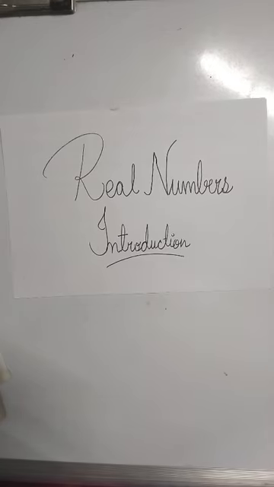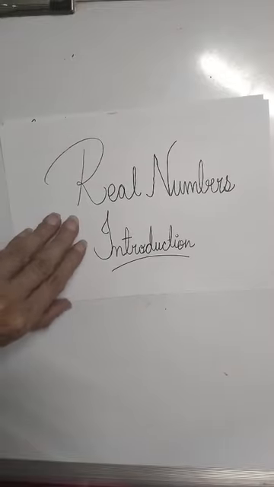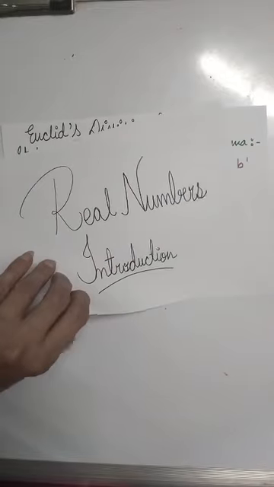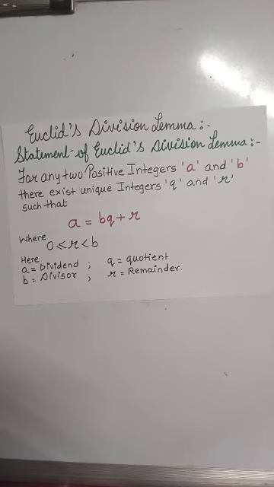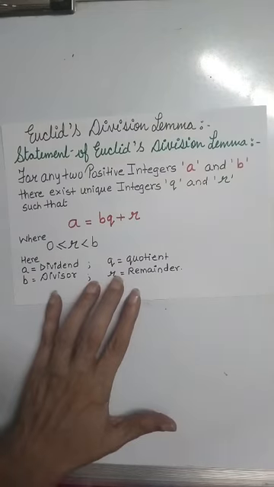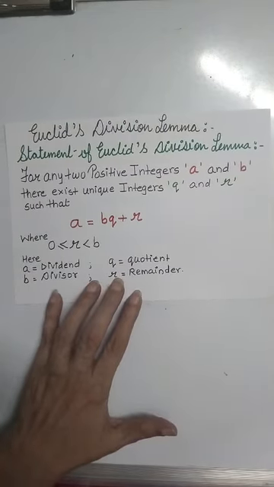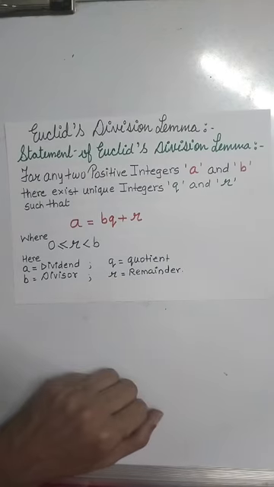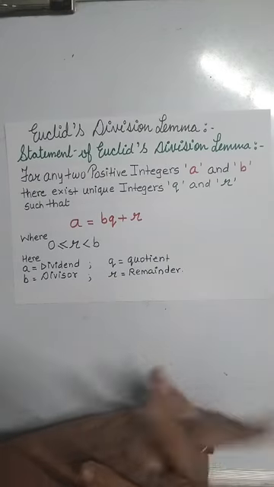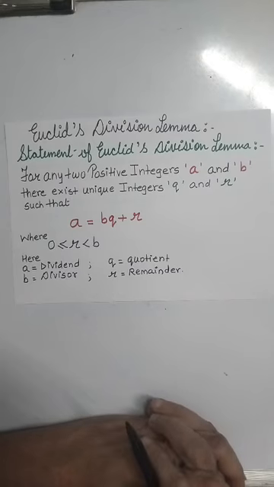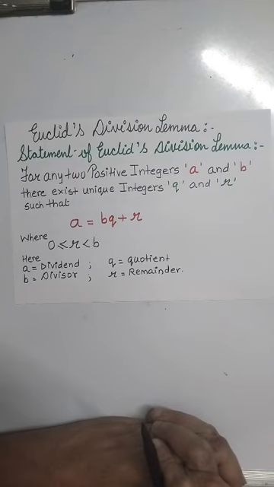We'll start with theorem 1.1, which is Euclid's division lemma. So let us first see the statement for Euclid's division lemma. That means, what is Euclid's division lemma? The statement of Euclid's division lemma is: for any two positive integers a and b, there exist unique integers q